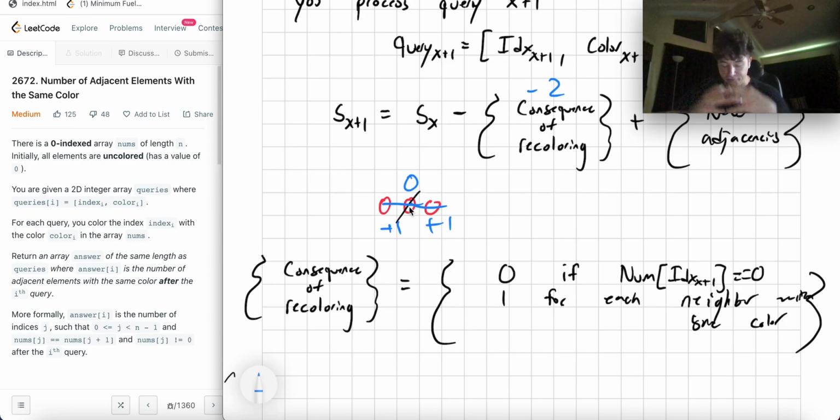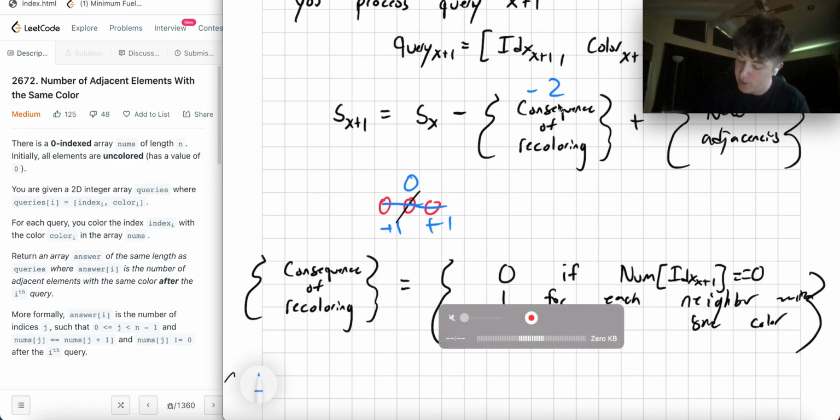I'm saying, okay, before I recolor this thing, what are the consequences going to be? If the old color is the same as the color on the left and the same as the color on the right, then I'm going to lose 2 points. I lose a point if it's the same on the left, and another point if it's the same on the right. Now when I recolor it, I'm no longer going to get that point, so I have to remove it from the score. So the consequence of recoloring is either going to be 0,